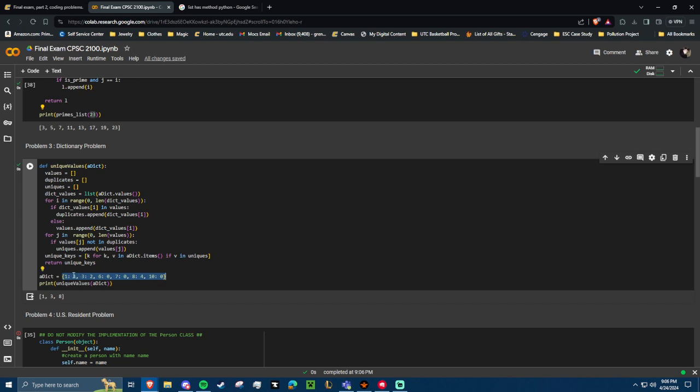is 1 only appears once, 2 only appears once, 4 only appears once. So we want the keys for those. So the keys will be 1, 3, and 8. And of course, you can see that 6 goes to 0, also 7 goes to 0, also 10 goes to 0. So those ones you don't want in the actual uniques list. So basically, what I did was I started by initializing a few different lists, one for values, one for duplicates, and uniques. So I first used this to get all the values from the dictionary into a list, and then